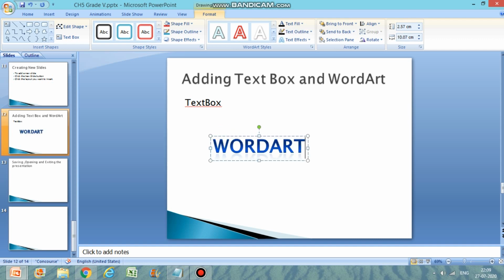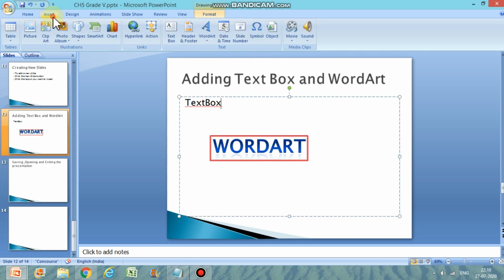Now you have seen, I can give more options also, like shape outline, shape fill. There are many more options in word art, so you can use all of these. So this is called word art. So we have done text box and word art. Both options you will find where? In the Insert tab, right?